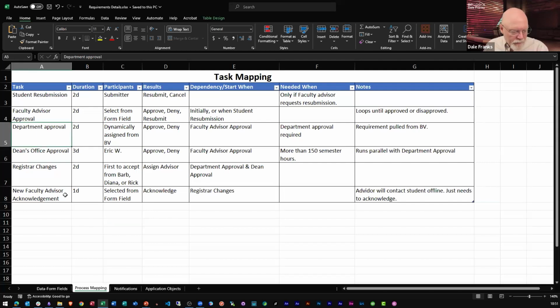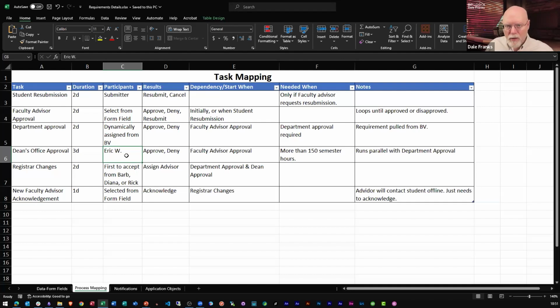So, for example, the department approval activity, it's dynamically assigned from a business value. The faculty advisor approval, that is designed, as we spoke about earlier, by picking the faculty advisor from a user picker on the form. On the other hand, I know exactly who in the dean's office is going to be the approver.